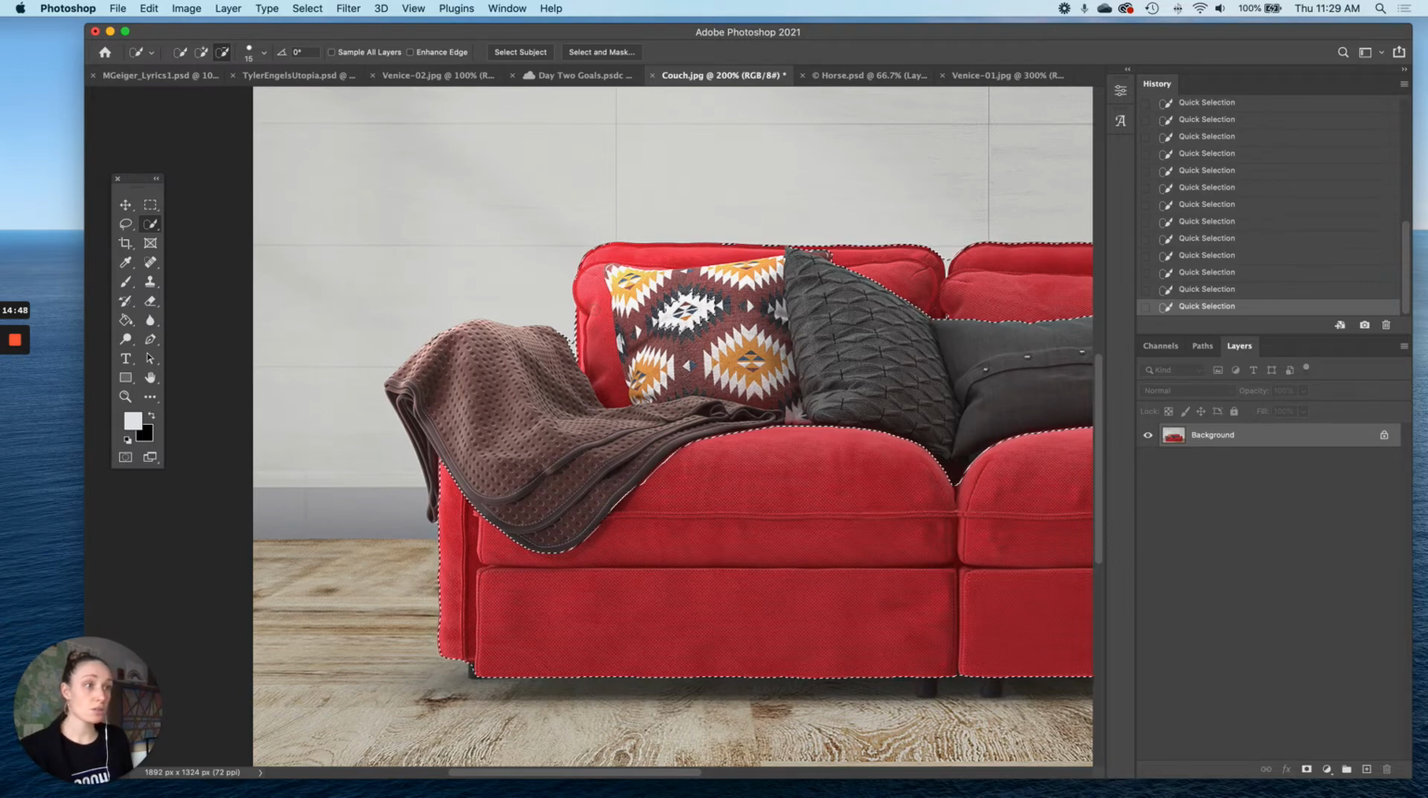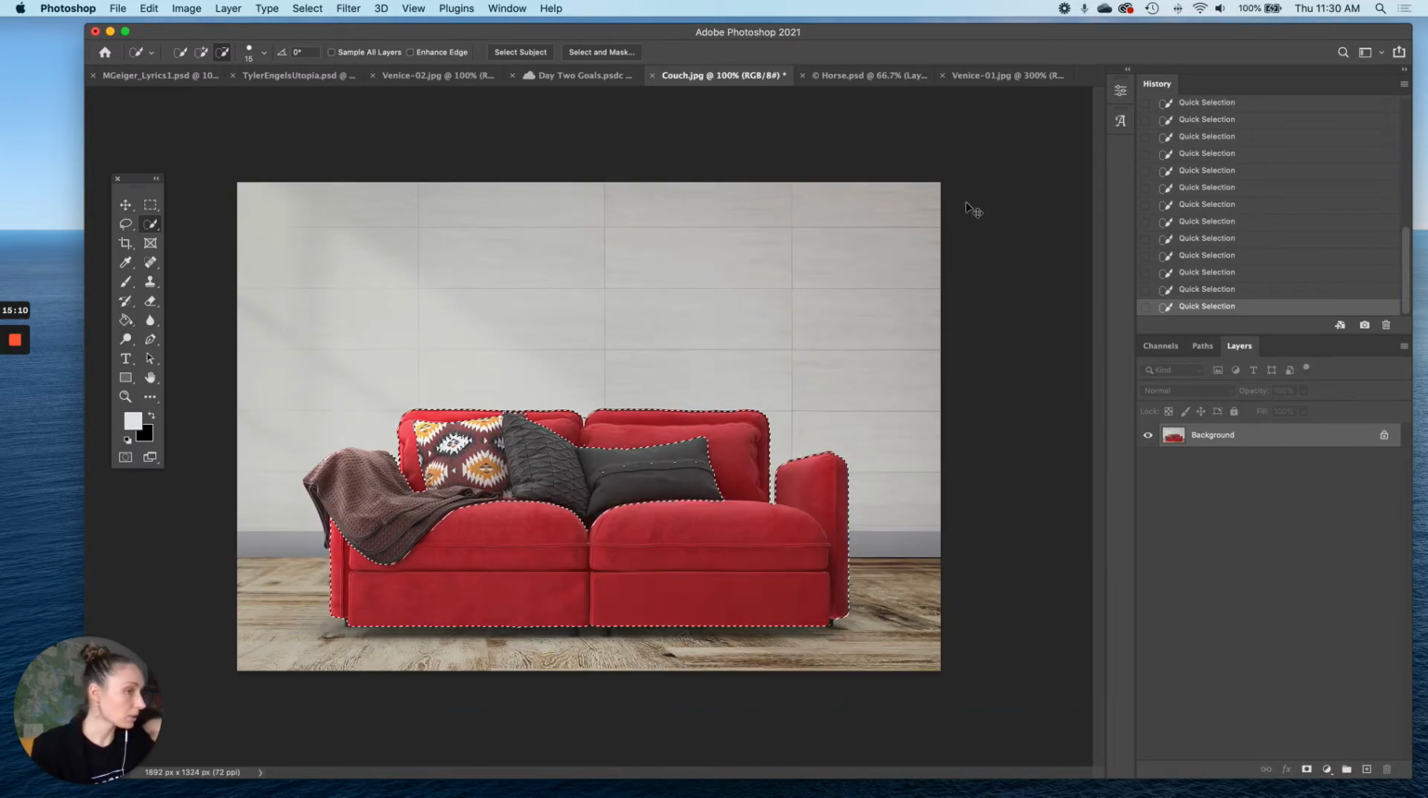But I also noticed that here, all of a sudden, this red area on the top of the couch is now not selected when I need it to be selected. So I'm going to toggle, holding my shift, to add that portion to my selection. Okay. Now I need to zoom out, so Command plus,